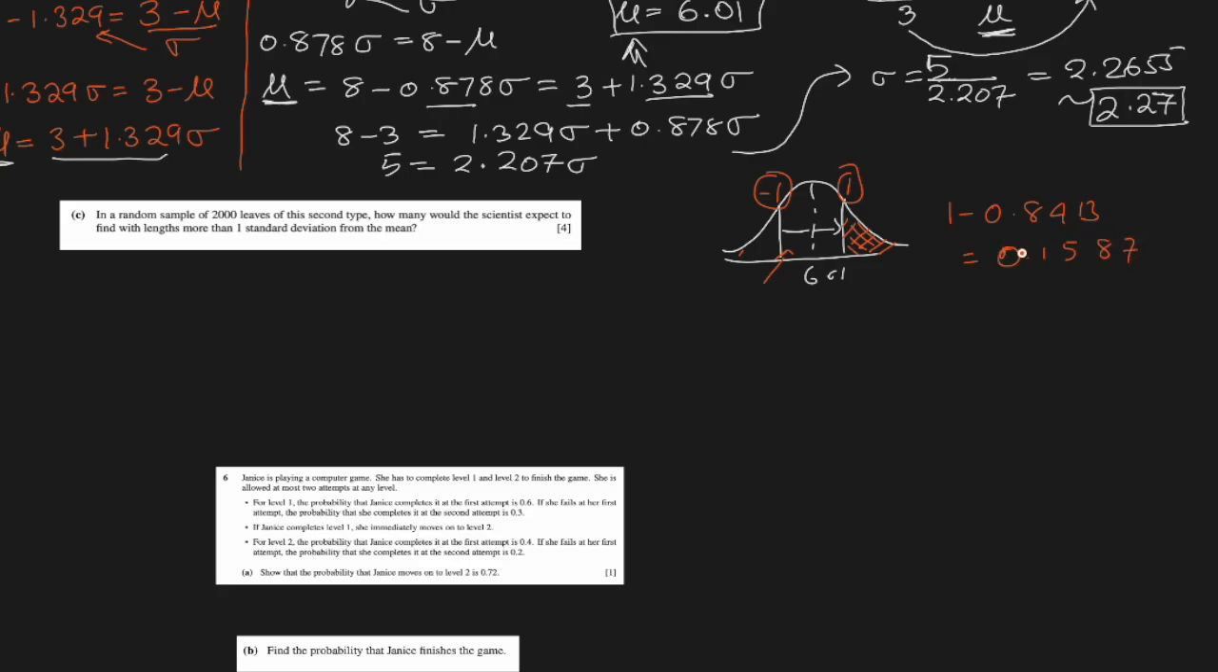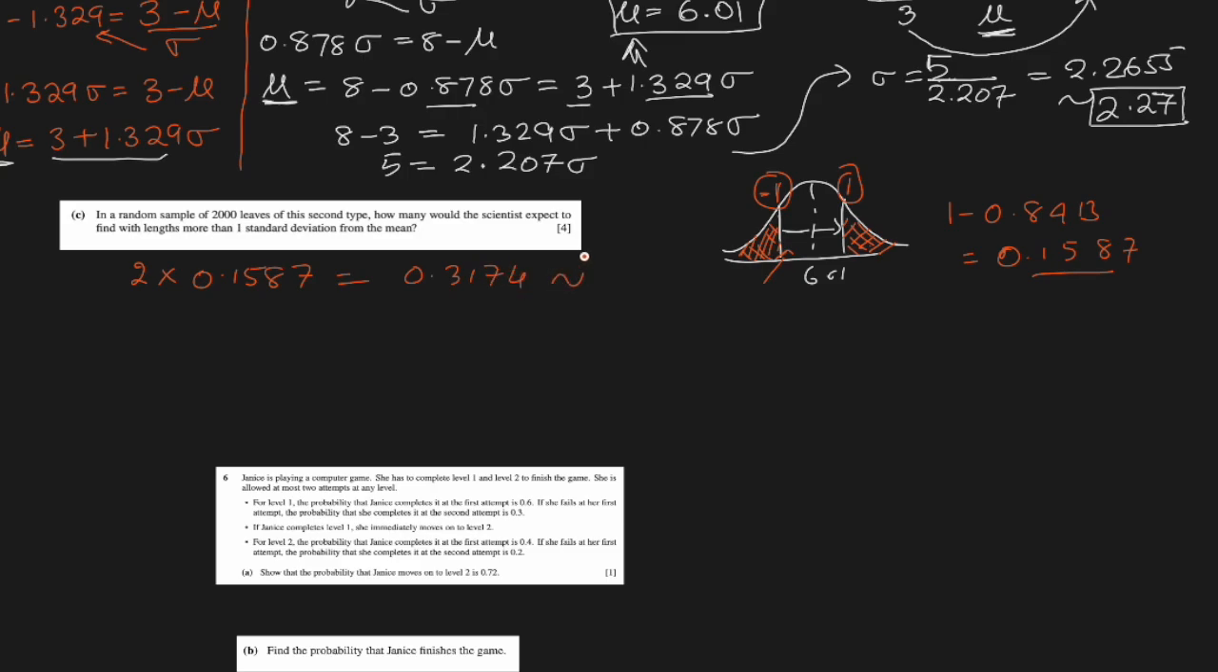0.1587, correct? Now since this is -1 here, this area will be an exact replica of what we found here. So we will add the two, meaning we'll multiply 0.1587 two times, because we want these two areas which are more than one standard deviation away from the mean. So both are exactly the same. Just double this, we get our answer, which is